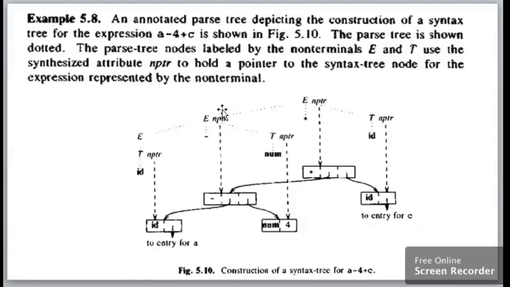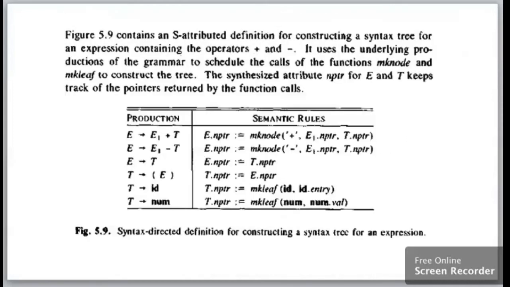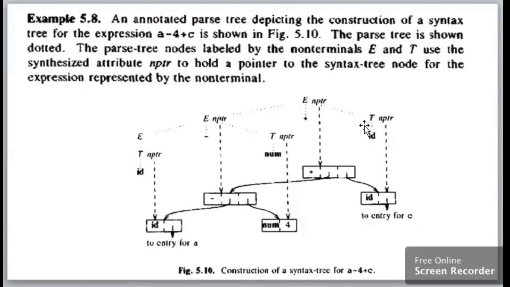Now once we have generated for this one, we need to generate for this one. But before generating for this one, I need to get the output of this T.nptr. So T.nptr, moving on with the semantic rule, T can have the form of id. So it's going to be again a make leaf. So I'm going to construct the make leaf. So I have constructed a leaf for the id, that is C.